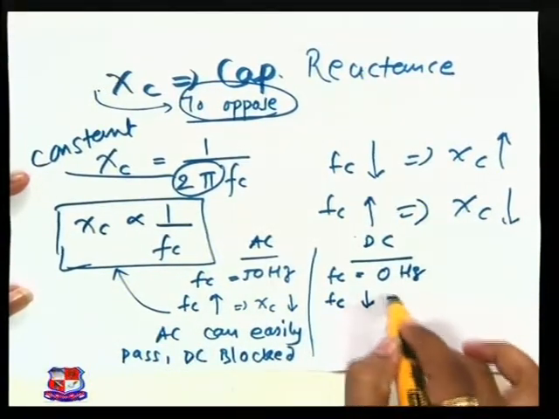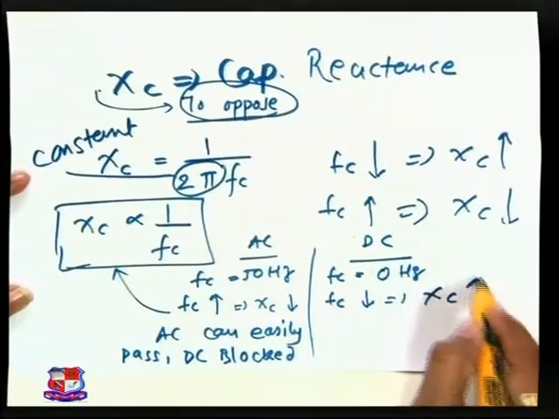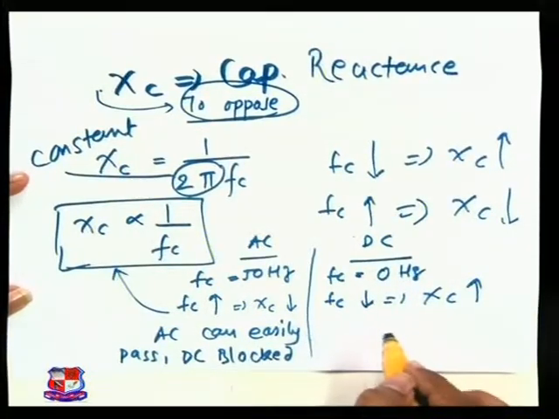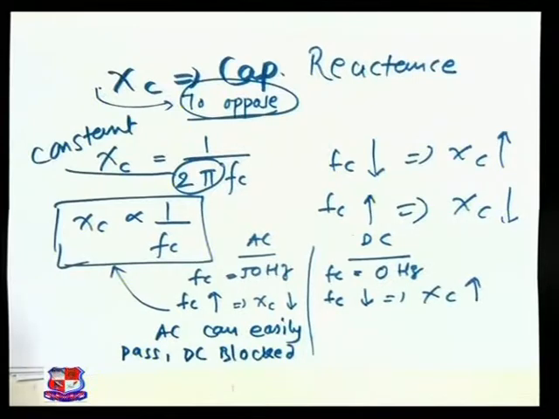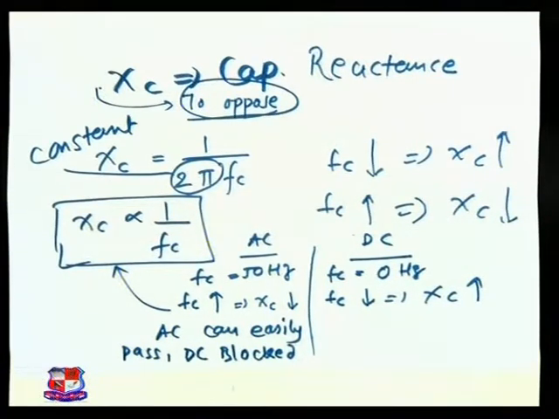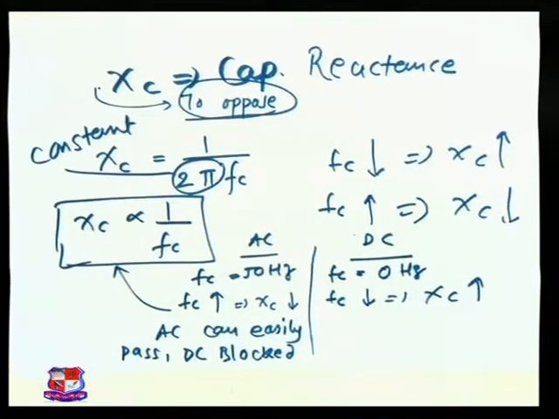And through that equation, again it is the same: for DC the Xc is very high. It means for the DC current, the value of the reactance is very high, so DC cannot easily pass through the device. The capacitor has the capability to block the DC and to pass the AC according to the equation of its reactance, that is Xc equals 1 upon 2 pi Fc. So whenever there is a need to pass AC easily through the circuit, you have to put the capacitor in series form.